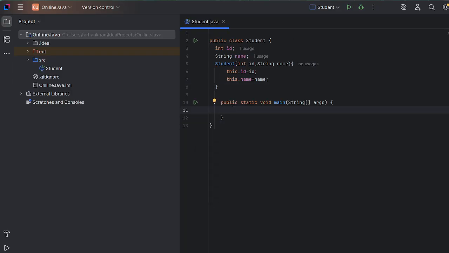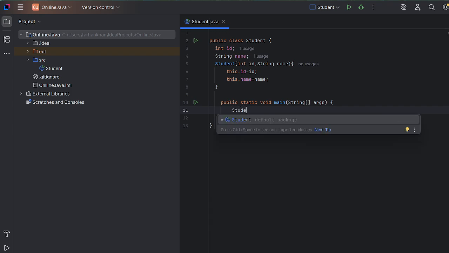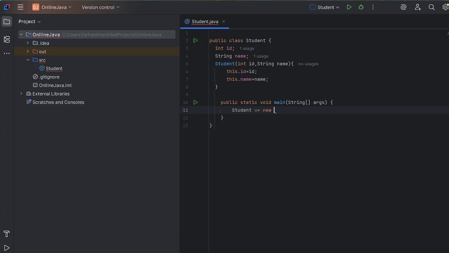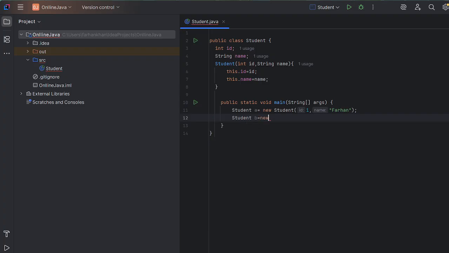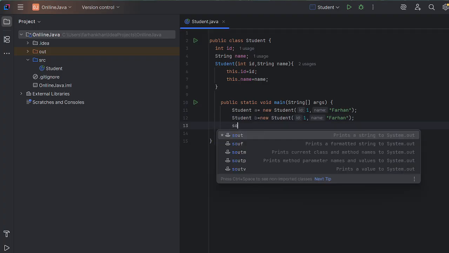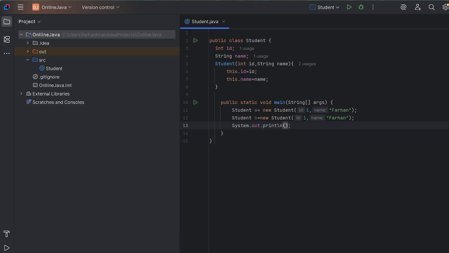So let us create the object of this class. So let us call the object's equals method.